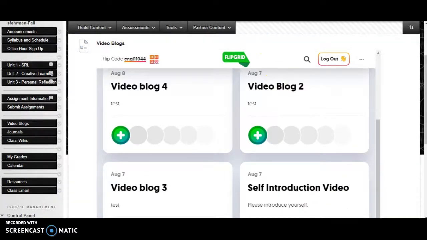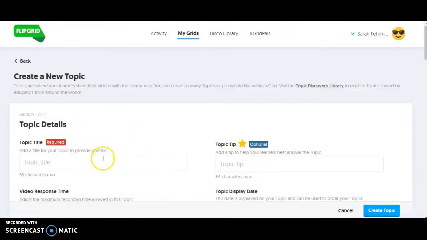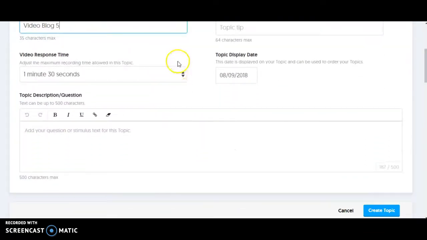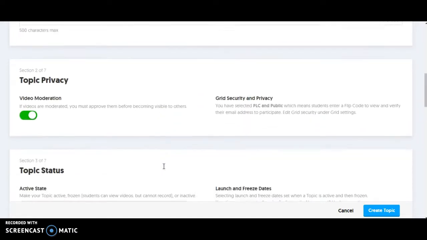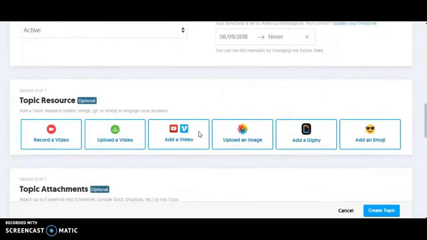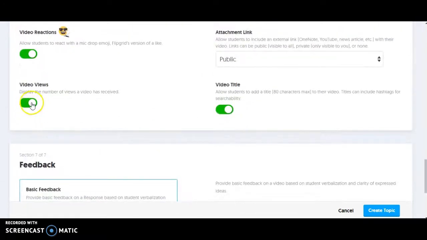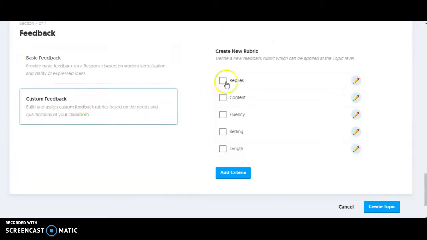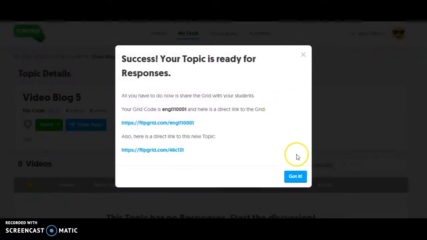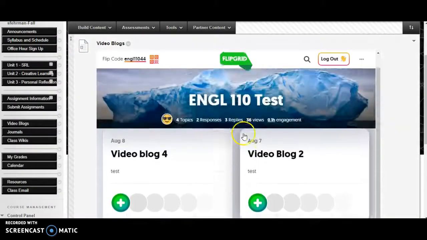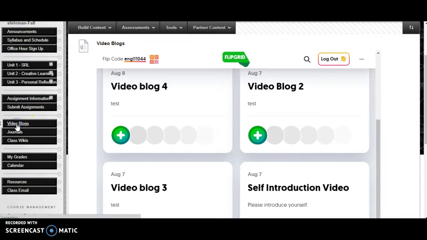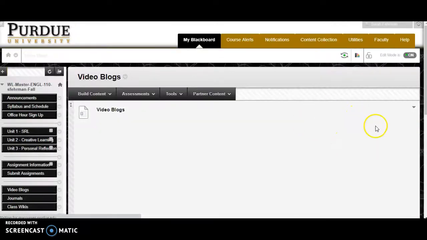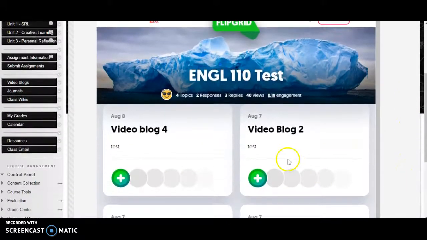So anytime you add a new topic, so let's say I want to add video blog 5, I'm going to change it to 5 minutes. You have to put in some sort of instructions. I'm going to turn off video moderation, and I'm going to turn off video views, change it to custom feedback, select all 5 of these, and click create topic. When I go back to Blackboard, if I refresh this, you can see that it has automatically